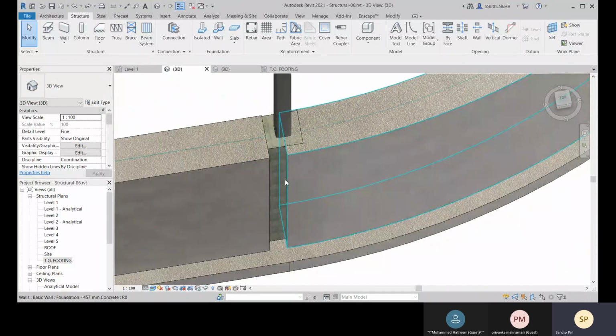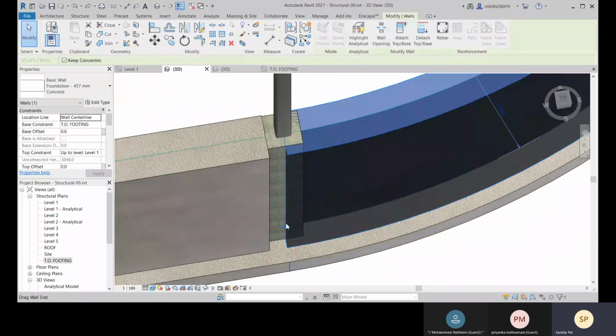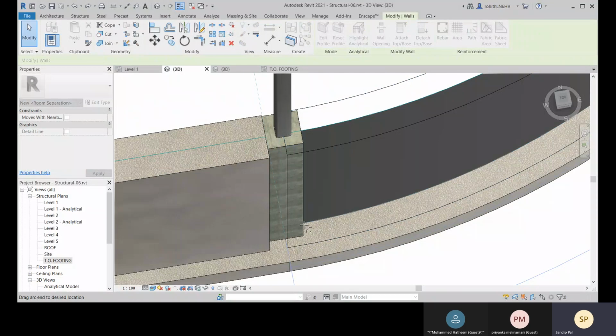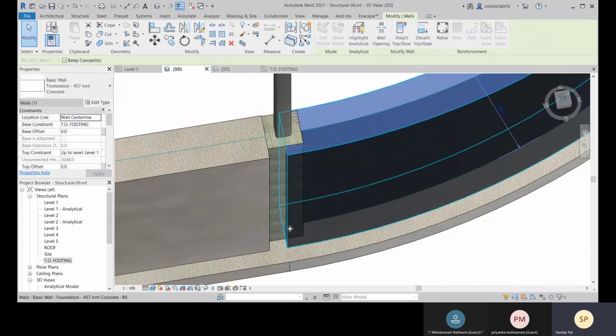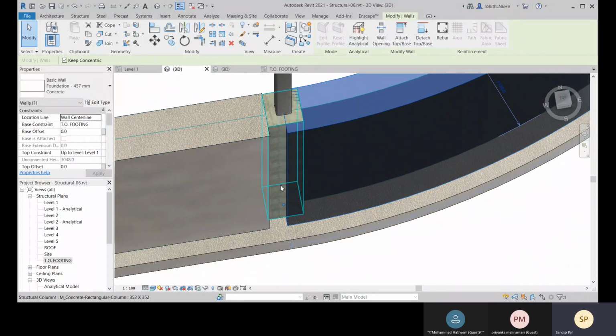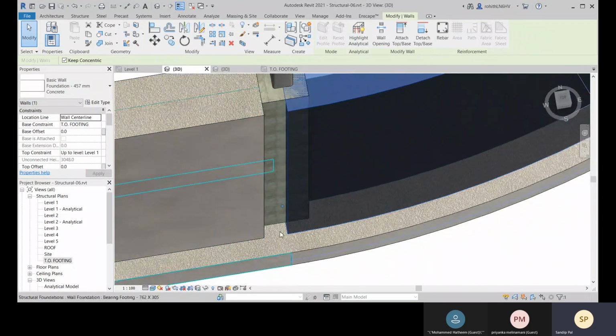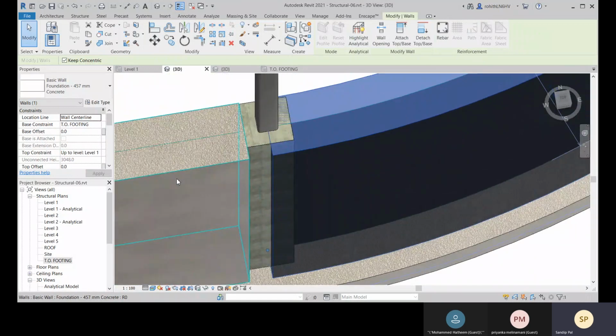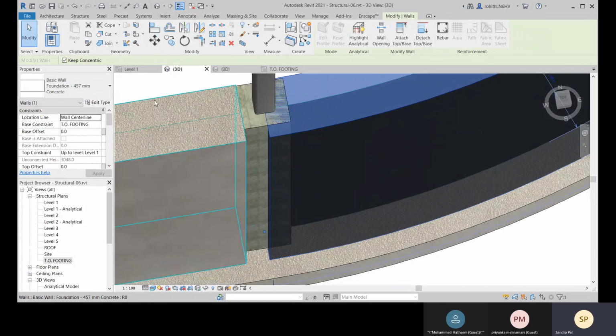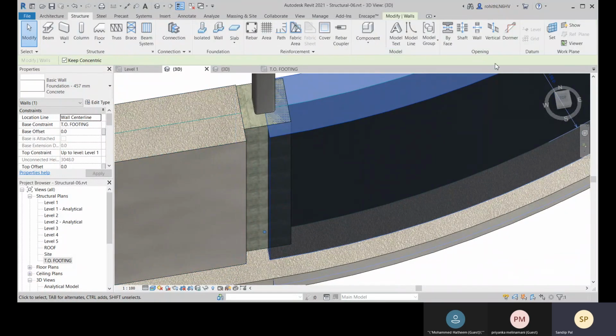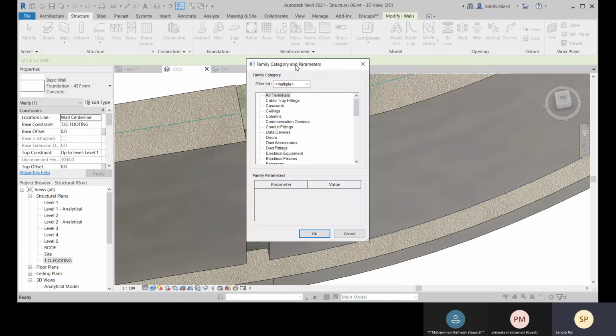And here, or what you can do, here you can make till this point also. So now this is fine, and here you will make the filler. So you can place another wall here, or else what you can do is you can create one, this one, go to component and model in place, that you can do here.